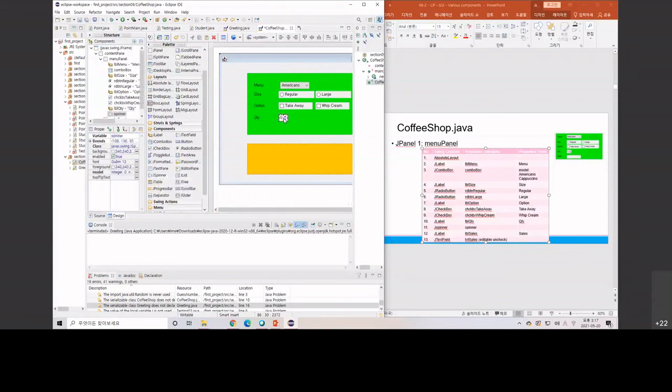So J spinner is the counter. So you want to get how many items you want to buy, and then you will have another label which is about sales. So here is LBL sales, and then the text is sales,